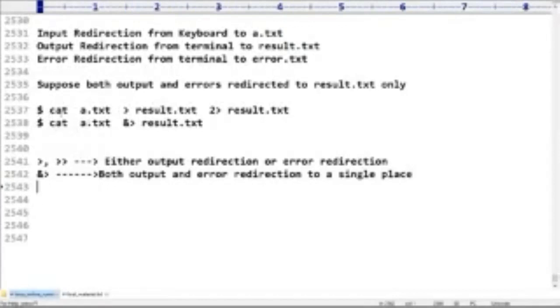So here my requirement is: take input from keyboard. If any output is there, write to result.txt. If any error is there, write to result.txt. So the output destination and the error destination are the same. If they are the same, we are not required to specify it like this; we can use the shorter style.